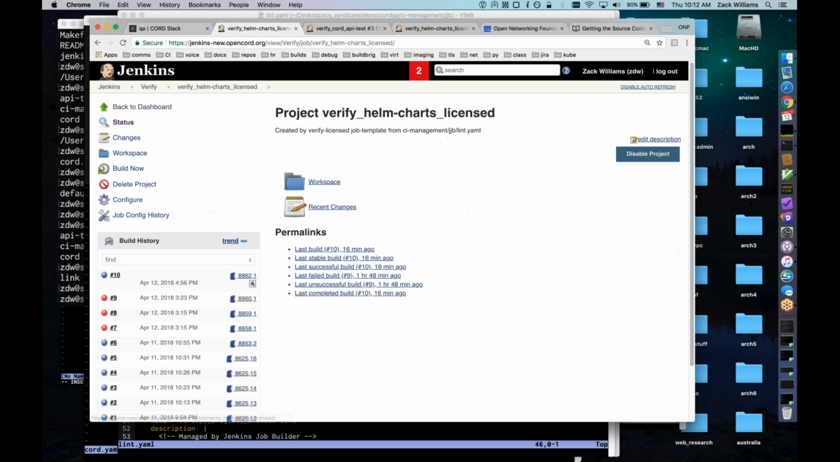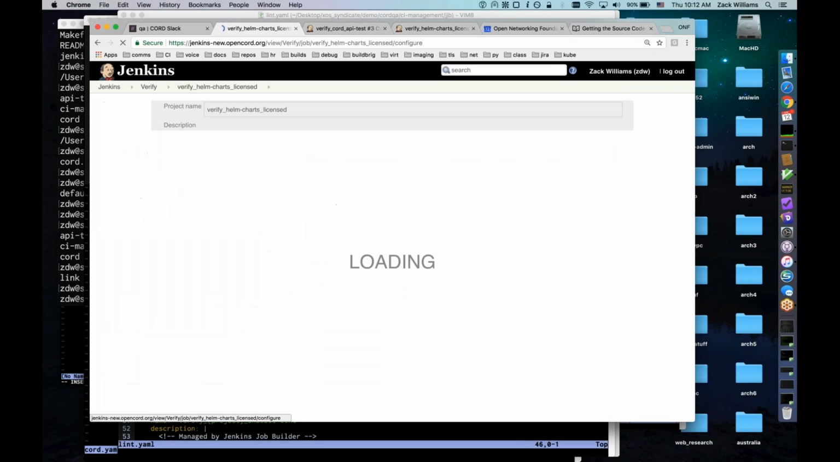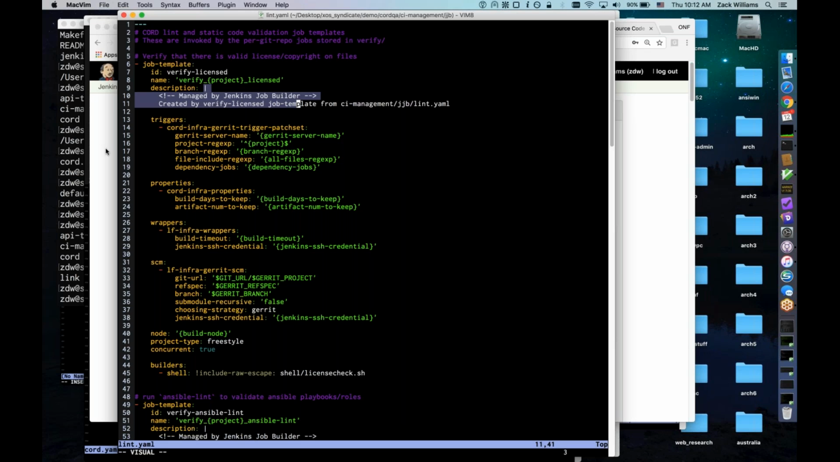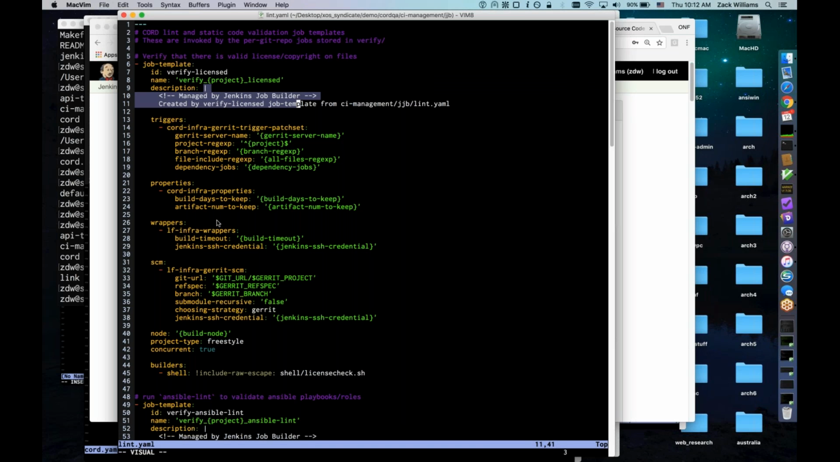So let's look at this verify Helm charts licensed. Where is it? In the configure section. So this "managed by Jenkins Job Builder" comes straight from here. The discard old builds and log rotation comes from